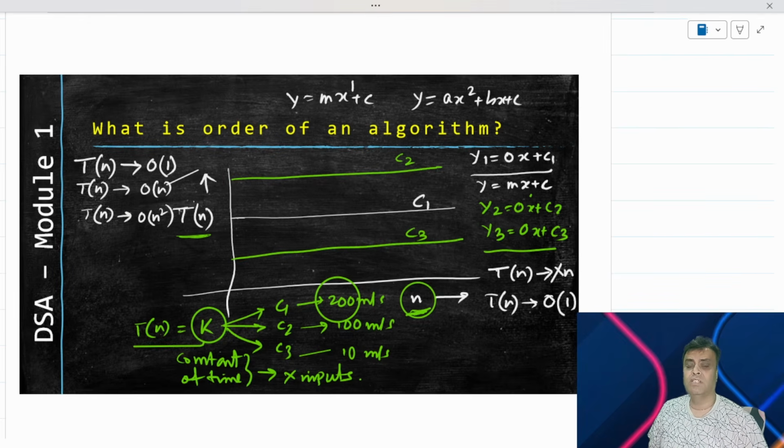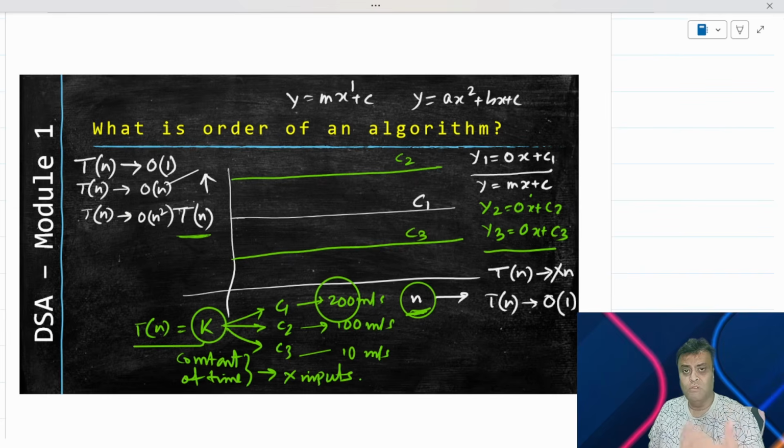Order of time is typically measured by whether you change with the inputs or whether you don't change with the inputs. If you don't change with the inputs, perfectly fine, you are at a constant time, order of 1. If you change with the inputs, then also perfectly fine. Then with inputs n, your time T(n) will actually change. So with inputs, if your time changes, then what will you achieve? You will achieve a particular time which follows a particular equation, which could be a linear equation, a polynomial equation, a quadratic equation, a cubic equation, or a logarithmic equation, it doesn't matter. All that matters is it is changing with the input in some manner, right?